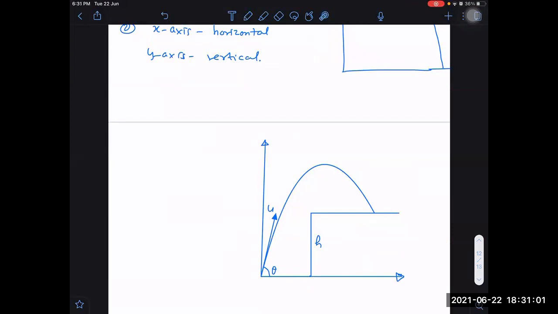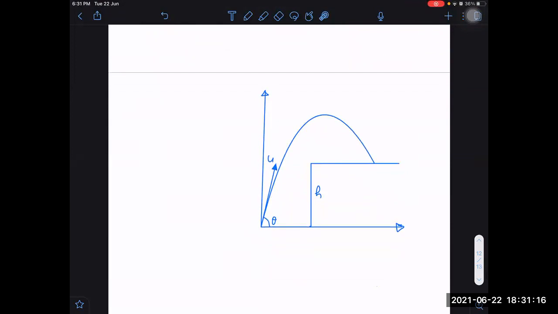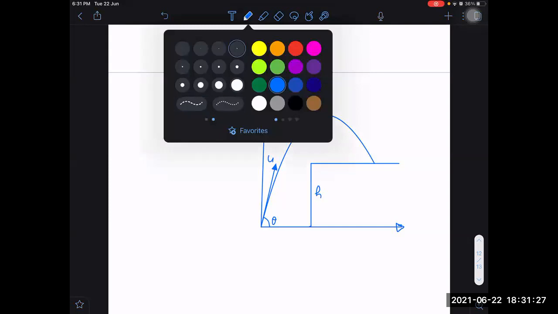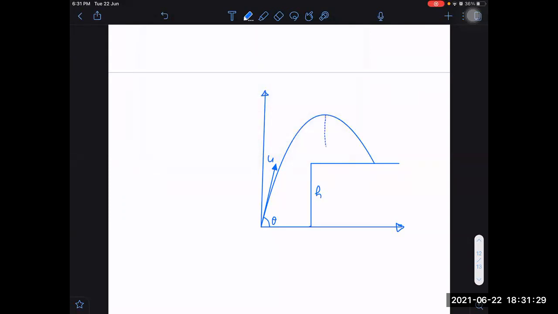Can you tell me where it will strike? What will be the horizontal range in this case? What will be the time of flight? First, think in terms of time of flight. If you have mastery over time of flight, then the other things are simple. Time of flight is 2u sin theta by g? Wrong. Just say separately the time of ascent and separately the time of descent, because it is not symmetric here.